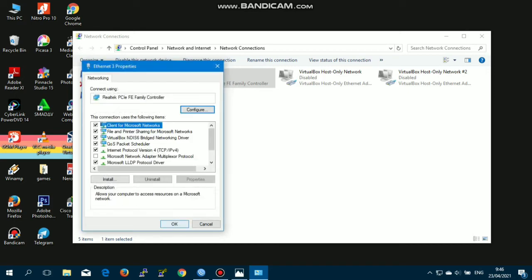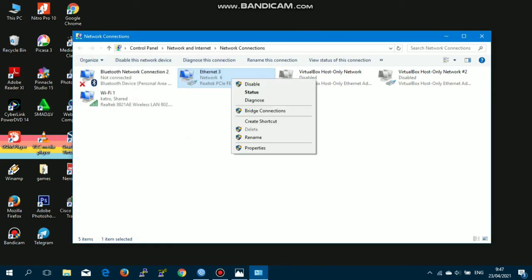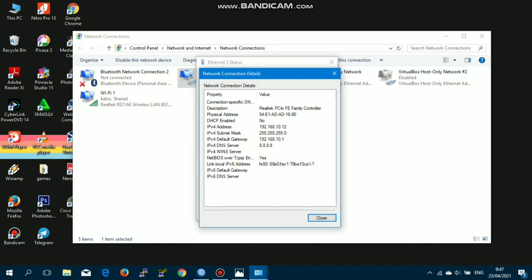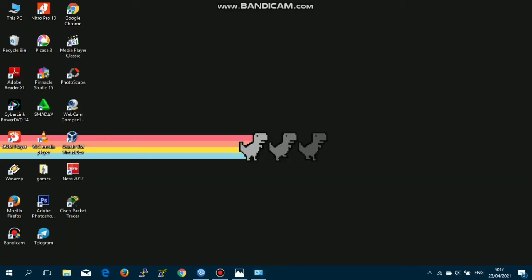Click OK. After that, check the network connection details. And you can see that the IP address has changed as we configured.